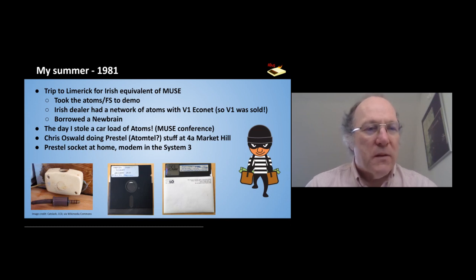Chris Oswald I met at that point. He'll pop up in this story a couple of times later down the line. I believe he was doing something with Prestel, which I believe was AtomTel, Prestel on the Acorn Atom. I'm really not quite sure what I was supposed to be doing. I rather suspect that by the time we'd actually got all the hardware sorted out, I never had time to